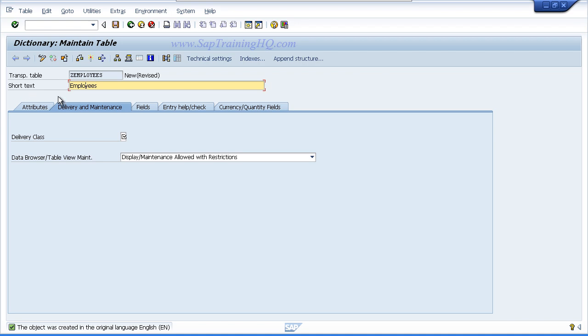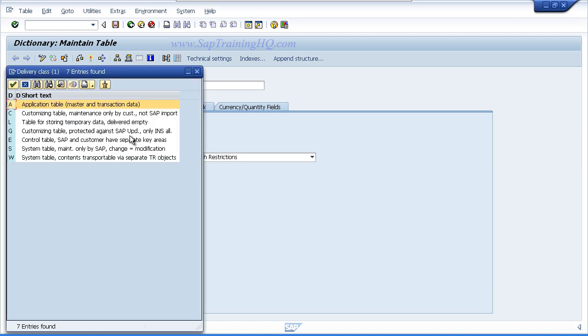Now under the short text you can see various tabs, and the one that's highlighted at the moment is the Delivery and Maintenance tab. For the Delivery class, click on the field and click the drop down button. This shows you a list of delivery classes that you can choose for your table.